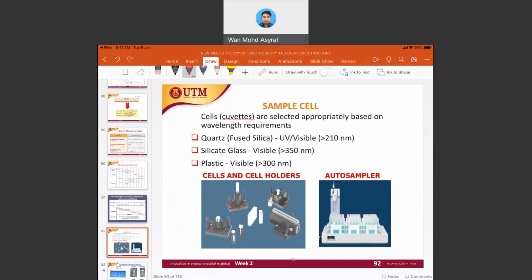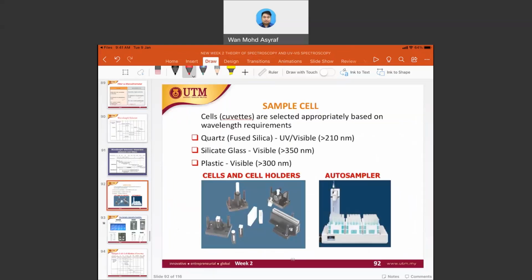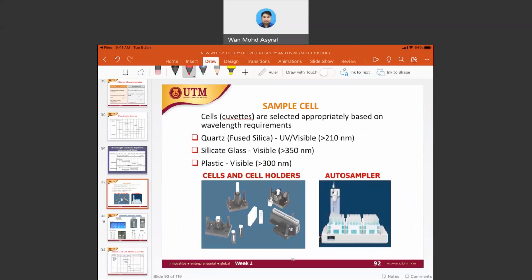So now we are going to look at the third instrumentation part, which is the sample cell. The sample cell, or we can call it the cuvette, I have shown you before, right? So it is nothing new. It's just that you need to know the material that the sample cell is made of